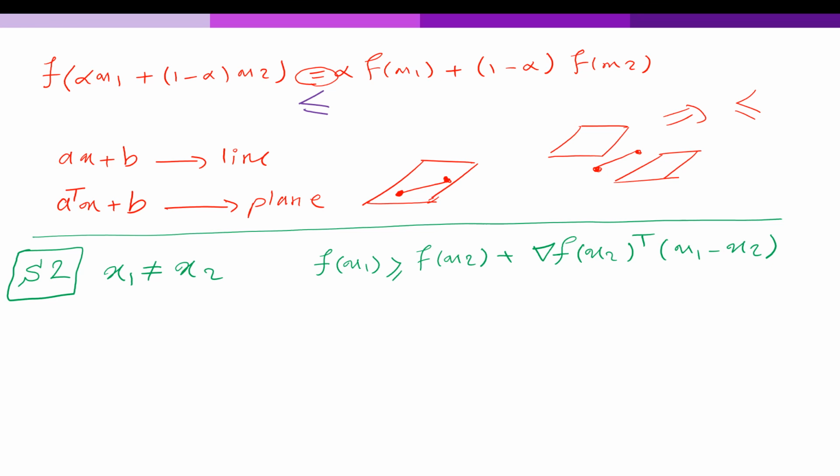Alright, so f of x1 is a transpose x1 plus b, greater than or equal to a transpose x2 plus b plus the derivative with respect to x, so it's a transpose (x1 minus x2),